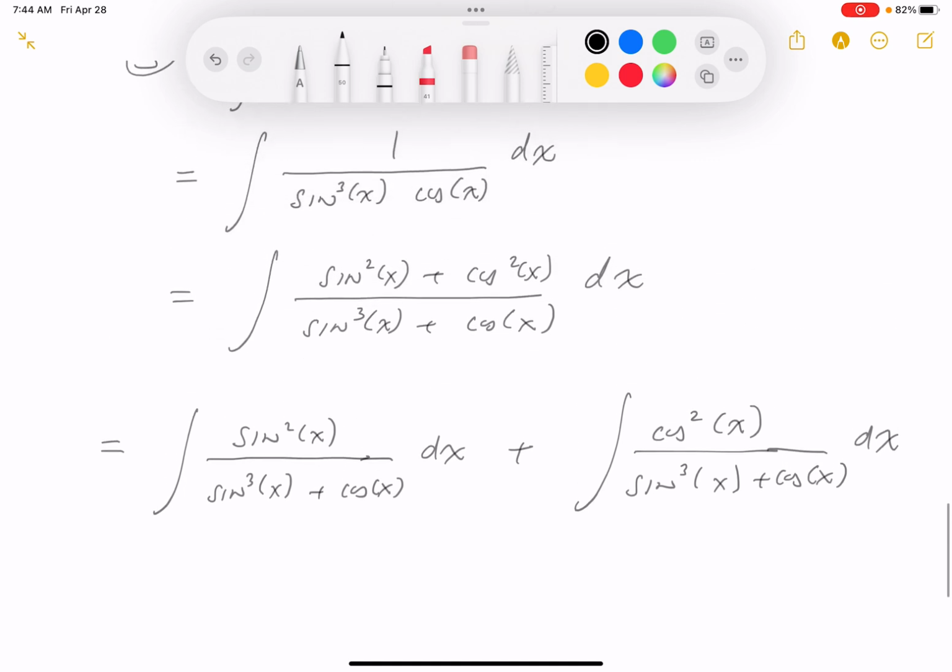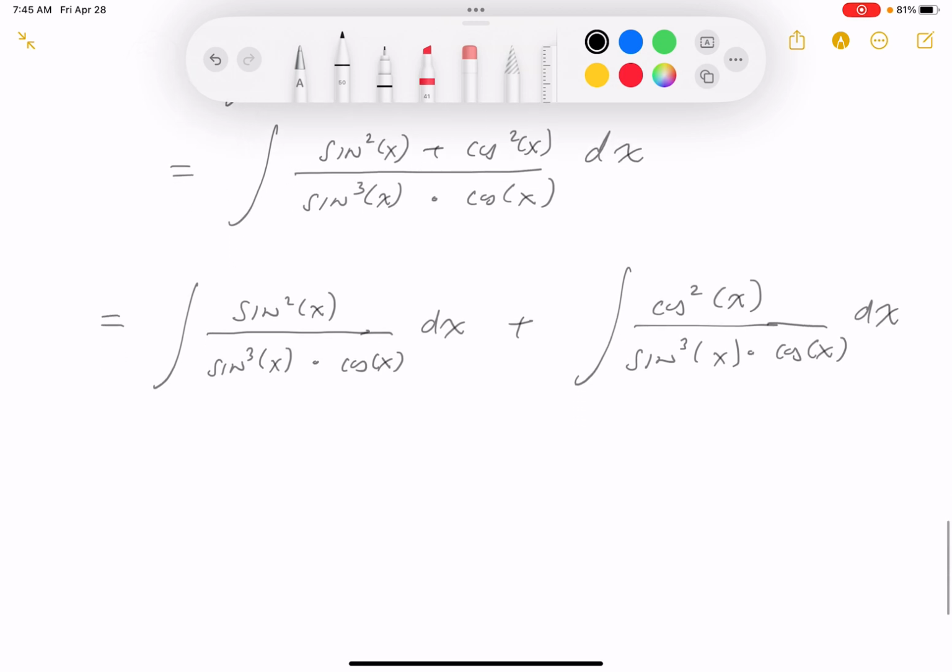Oh, you know what? I just made a mistake in my copy, too. I just noticed it. That's a multiplication. Sorry about that. I had additions on my mind, and that would have made it much more difficult for me. But let's just simplify a little bit. All right? What are you going to get over here? Let's take a look. You're going to get 1 over sine x cosine x dx plus,